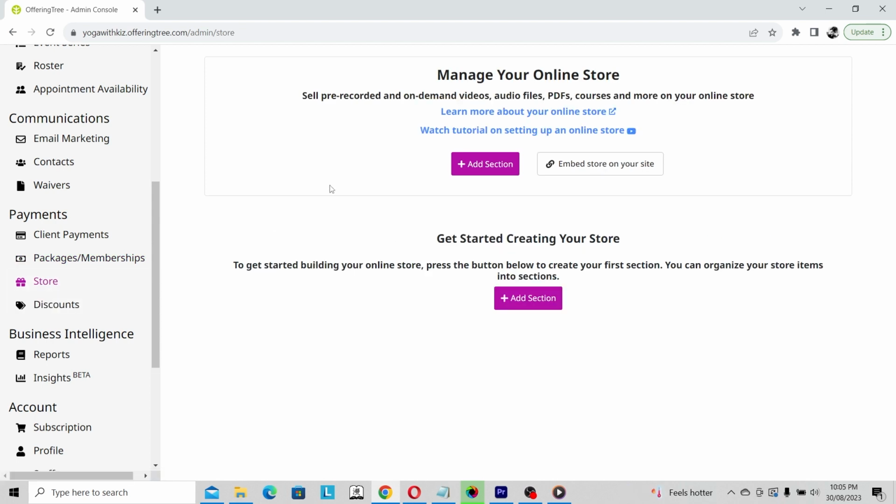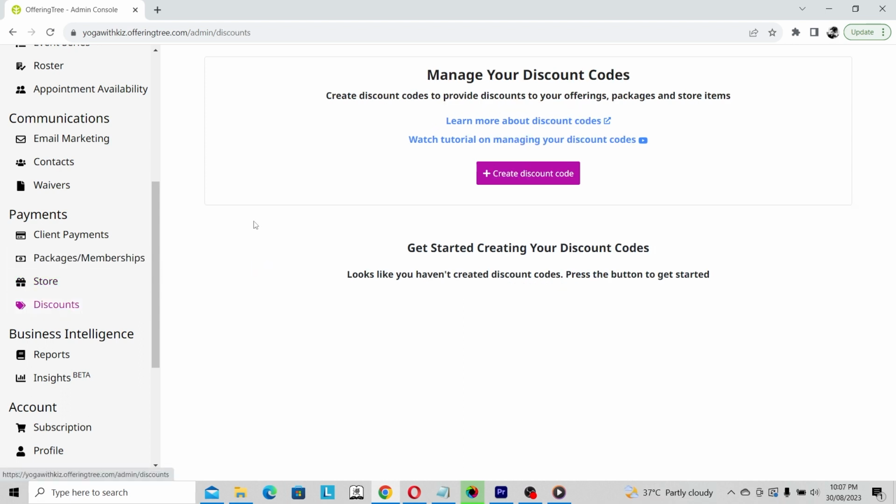The store section also provides the opportunity to sell digital content on demand. This could include video instruction, audio files, PDFs, any type of course content which you think would add value to your students beyond your classes. The discount section is where you can create discount codes for your students. This is exactly the same concept as with online shopping, where there's a special promo code that allows customers to